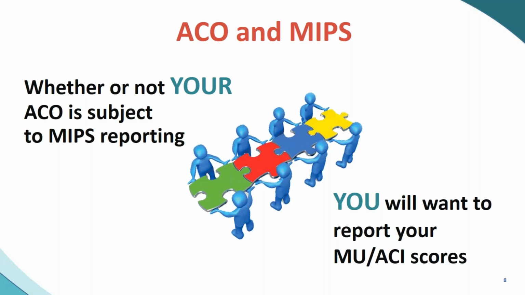That is one whole track of what you do. The second one is the MIPS track, and whether or not you're going to receive additional bonus. So the MIPS track is like, do you get a bonus on your salary for a given year, versus the shared savings, which is overall, how is the organization performing? Does it benefit CMS, and is CMS going to give you part of what you've earned or saved them back?